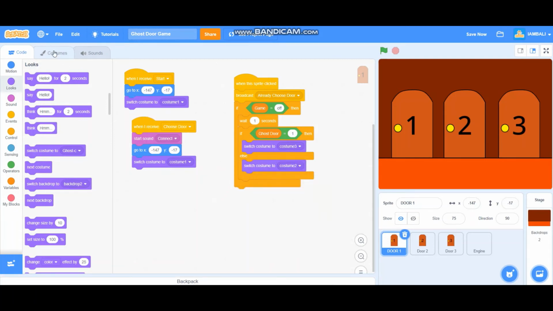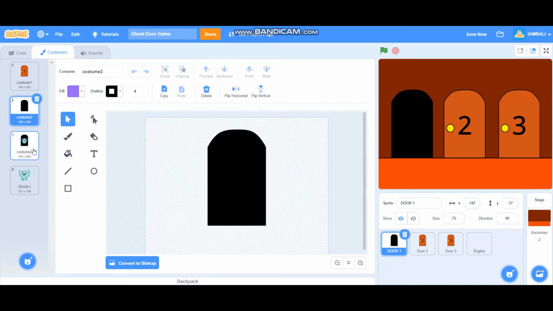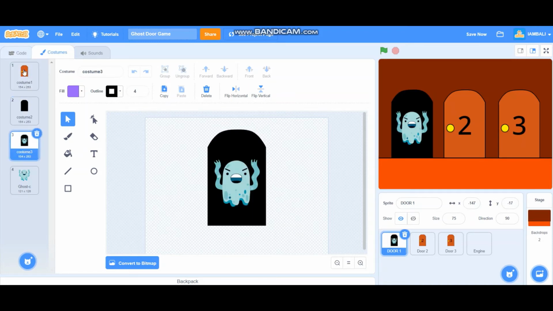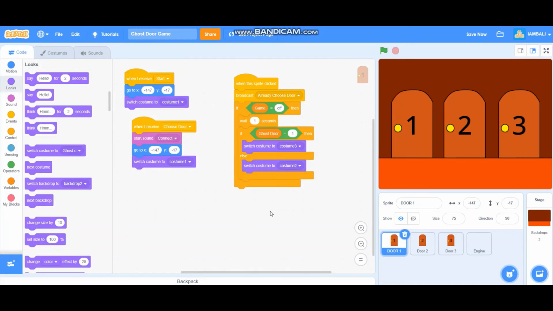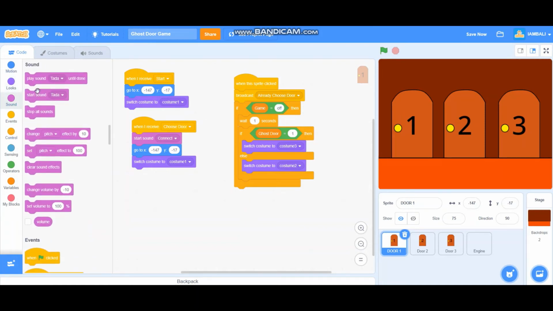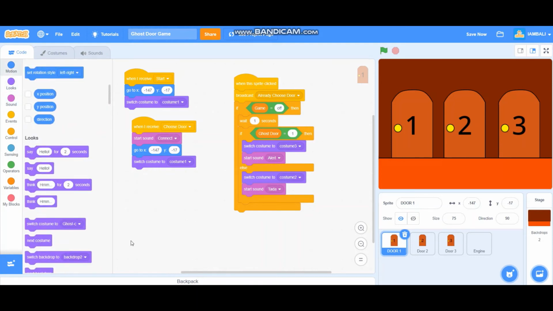Let me check. Yes, so this is costume 2 and this is costume 3. It will also start sound tada if it's costume 2, and will start sound alert if costume equals 3, like that. Also go to looks again, add a say block,